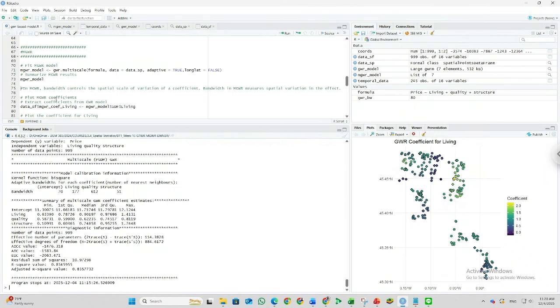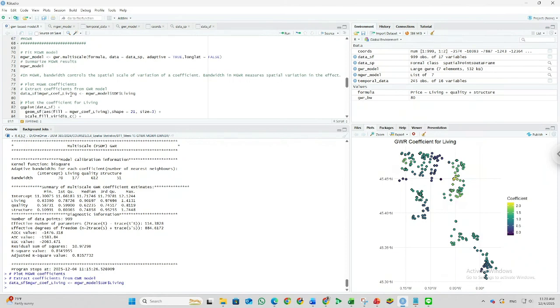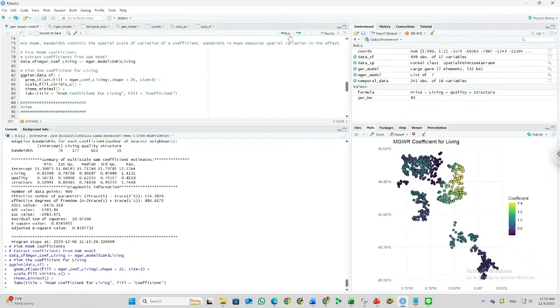Then we can also add, for example, the living coefficient to our original data set, and we can see this is the result, where we use all of the data, so we use the 999 coordinates.